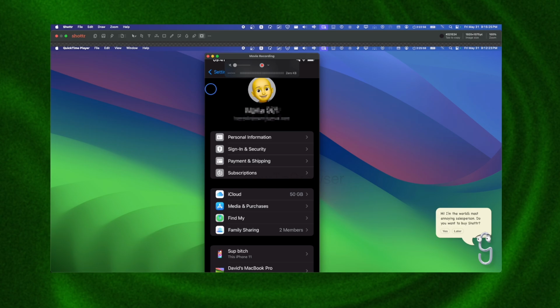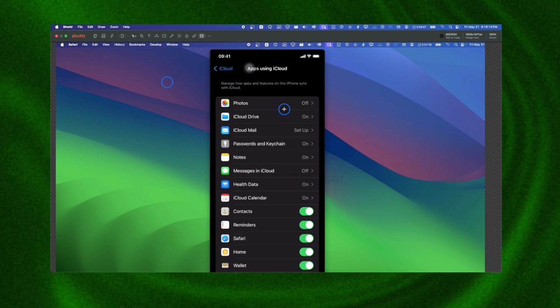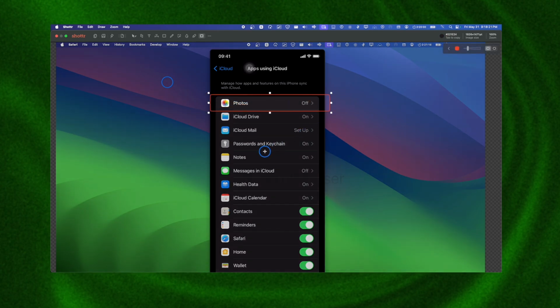Now, what you're going to have to do here is just click on iCloud. So just click on iCloud. And now what you're going to have to do is, for instance, for Photos, you can enable it, and then for the others here, as you can see, it's turned off, you can turn